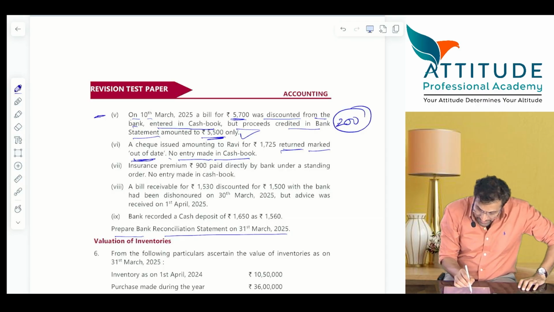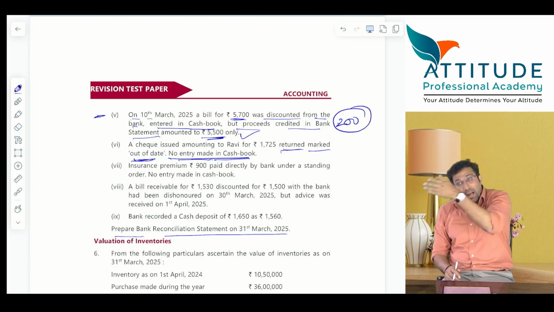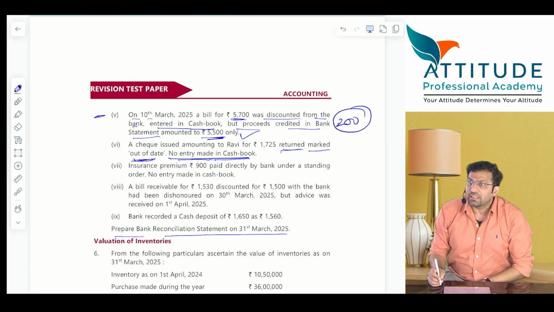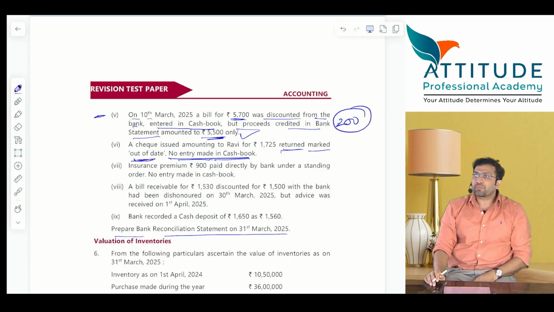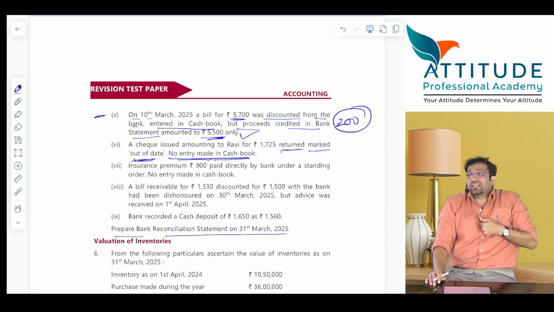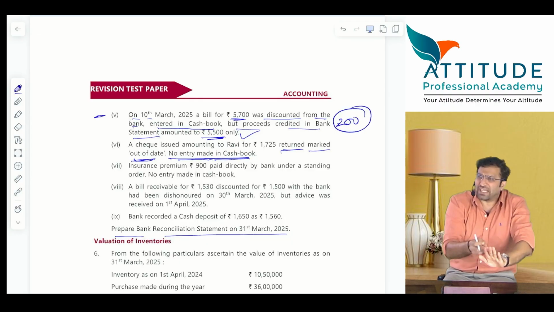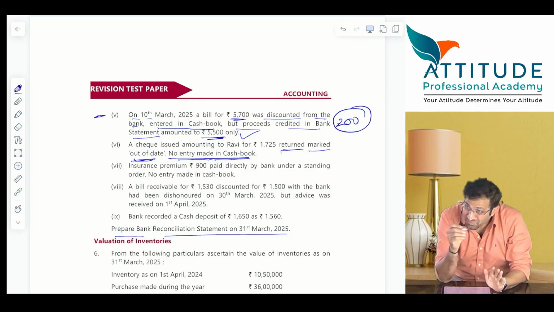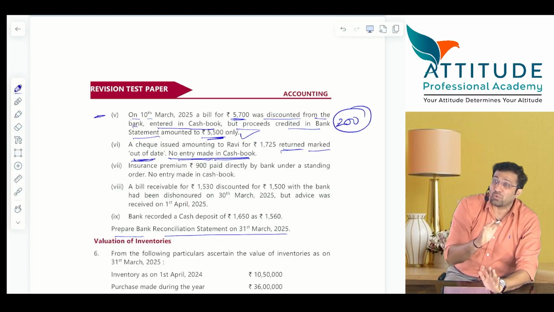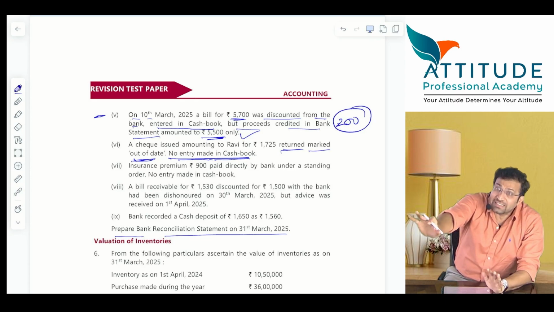वही तो नहीं किया है. नो एंट्री मेड इन कैश बुक मीन्स यू हैव ऑलरेडी इशूड द चेक. उसका एंट्री पास किया है. चेक वापस आया है, उसका रिटर्न एंट्री तो पास करना पड़ेगा ना. वो एंट्री आपने पास ही नहीं किया है. इट मीन्स दैट यू हैव मेड द पेमेंट बाय चेक. एंट्री पास बाय यू. अरे टेल मी यार, चेक गिवन टू रवि, पेमेंट मेड टू रवि, एंट्री रवि अकाउंट डेबिट टू बैंक. ये करेक्ट किया है क्योंकि आपने चेक इशू किया. आपने इशू किया तो ऑब्वियसली आपने पास किया. डेट सही नहीं है करके रिटर्न हो गया है चेक. वो व्हेन द चेक इज रिटर्न्ड, यू टेल मी आपके पासबुक में तो एंट्री पास नहीं किया. आंसर यार,